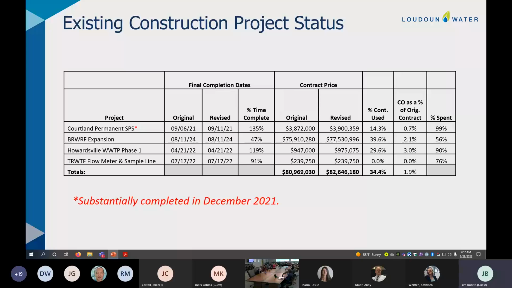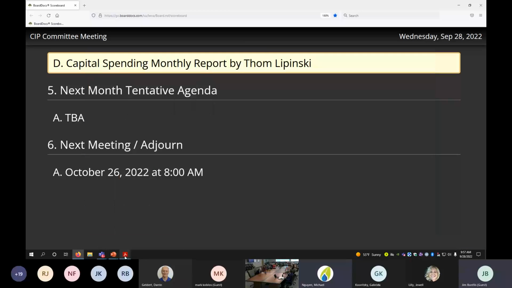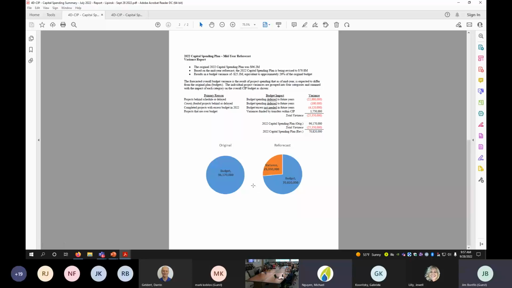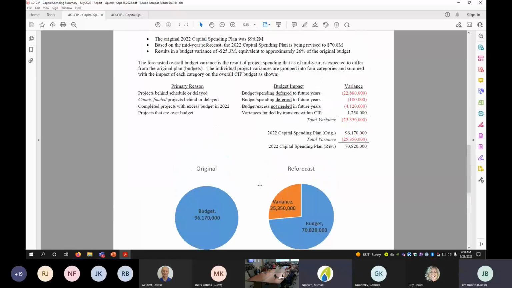Okay, the next item is capital spending monthly report. I noticed when I read it, we're what, 70% of the estimate, or going to be 70%? Yeah, that's right. I'll try to be laser quick like Rick here, for time, but I will